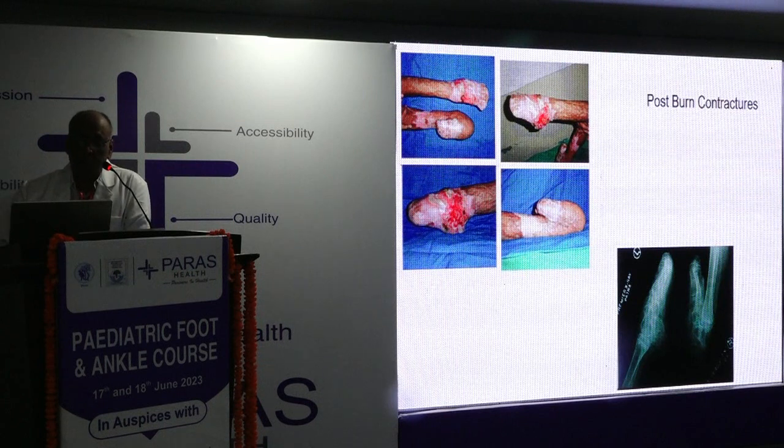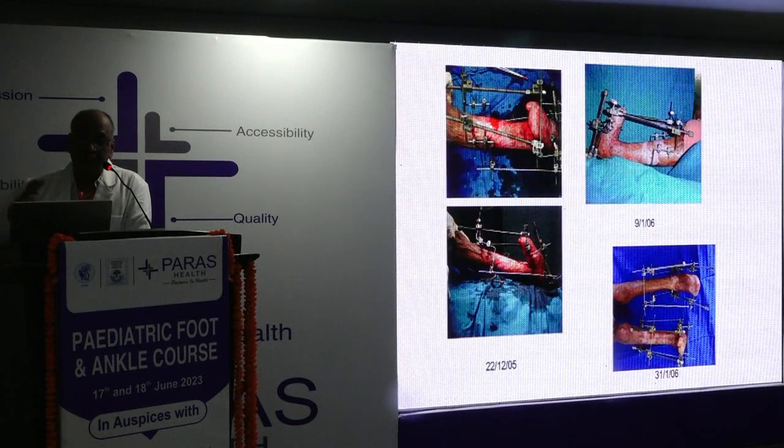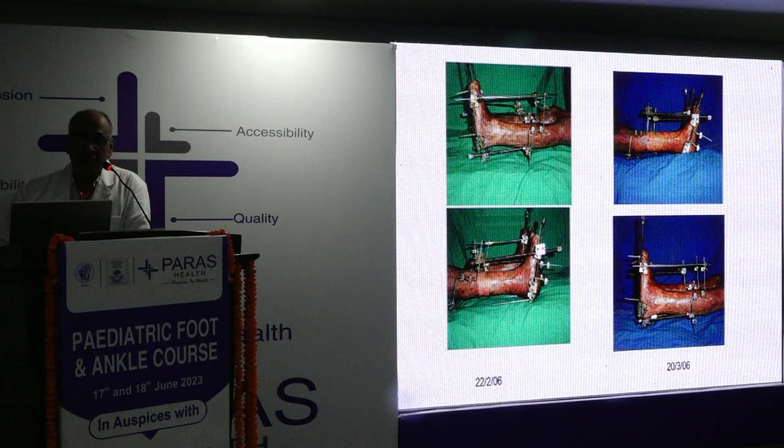And here's where I think the distraction methods can come in useful. Obviously, you're going to need to release this tether here, and then you can put a distractor on. So we use the Jess fixator, one going the reverse way for the correction and the other the standard way for the correction. And you can see how gradually with the distraction, the skin also tends to form